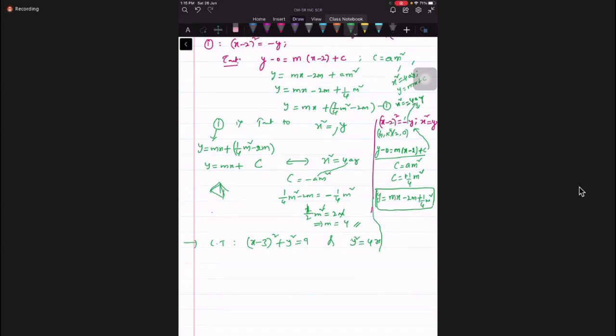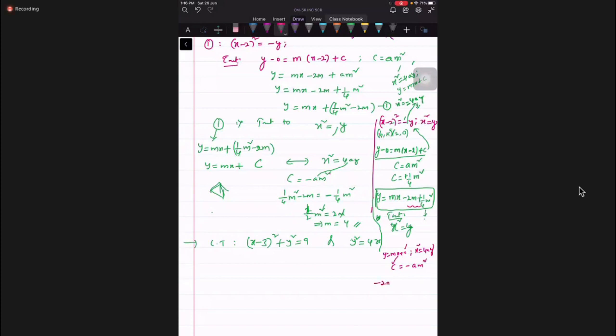Yes, sir. Now remember, this equation is tangent to x square equal to 4y. x square equal to y. Now this is tangent to x square equal to 4y. Okay, students, all of you? Yes, sir. If we know the formula, if y equal to mx plus c is tangent to x square equal to 4ay, what is the condition for c? Minus a m square. Minus a m square. Okay, now in the place of c, everything is constant, correct?